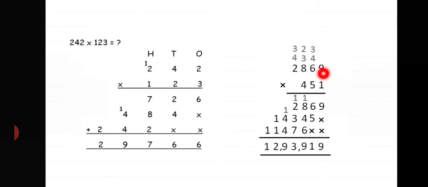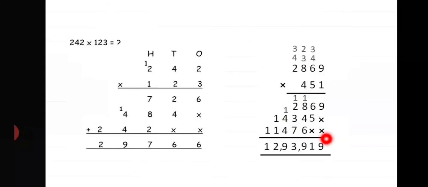So first I'm going to multiply this 4-digit number with the number at ones place, that is number 1. So 1 multiplied by any number will be the number itself. So 1 into 9 is 9, 1 into 6 is 6, 1 into 8 is 8, 1 into 2 is 2. Then I put a placeholder here. Then start with 5. 5 9s are 45. 5 down, 4 goes up. 5 6s are 30. 30 plus 4 is 34. 4 down, 3 goes up. 5 8s are 40. 40 plus 3 is 43. 3 down, 4 goes up. 5 2s are 10. 10 plus 4 is 14.